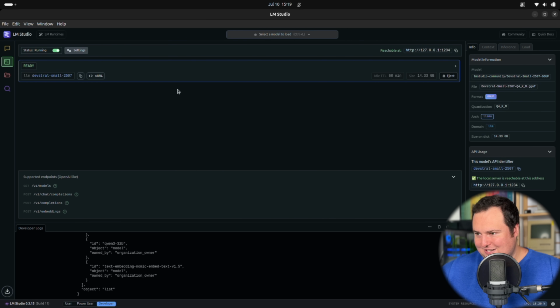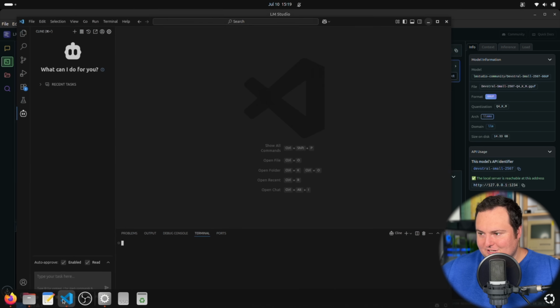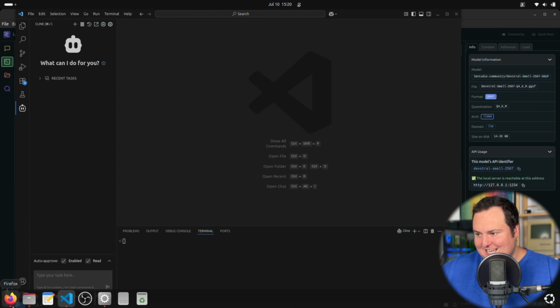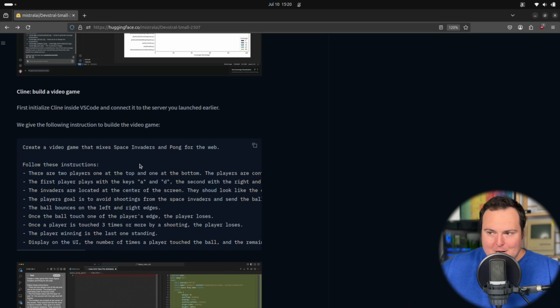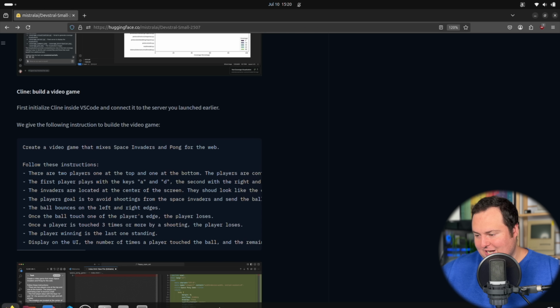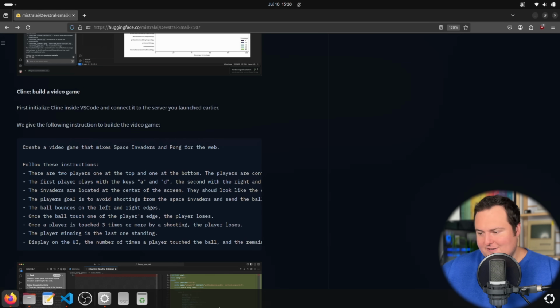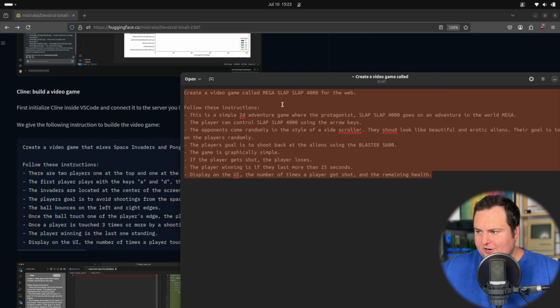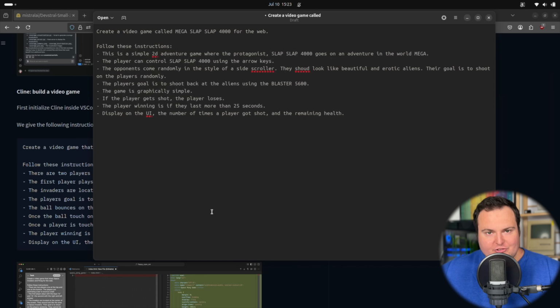Truthfully, I'm not too in tune with this, but it seems to work relatively decently. So I do have that set up right now here in VS Code along with Cline. Basically, I don't want to just word for word copy paste the demo game script that they had listed here in this example, but perhaps we can make a few specifically tailored changes to it and then go ahead and let it run. I've taken their rather mundane instructions here and changed them into a kind of side scroller